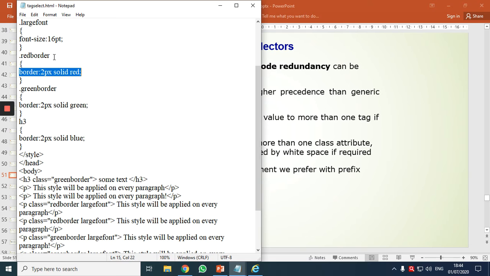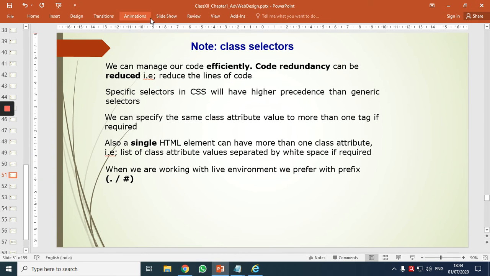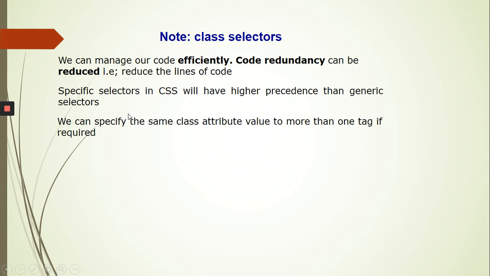It means that if a tag has multiple formatting features, the closest formatting feature will get applied. Correct? So that is the meaning of this line: specific selectors in CSS will have higher precedence than generic selectors.